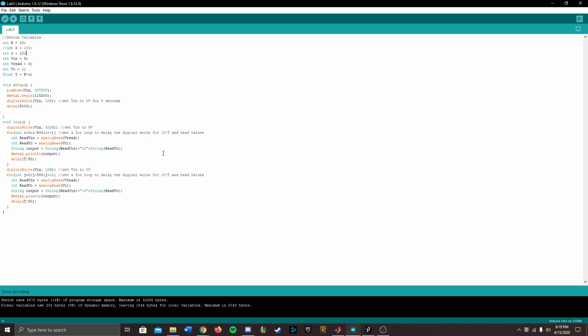All right, so next I'll move into my Arduino code. So here's my Arduino code. I start by defining my variables, and I have my two different R's that I can switch between. And then I set my Vin to 0 for 5 seconds in the setup function, and then in the